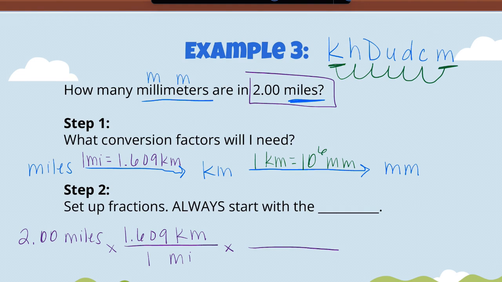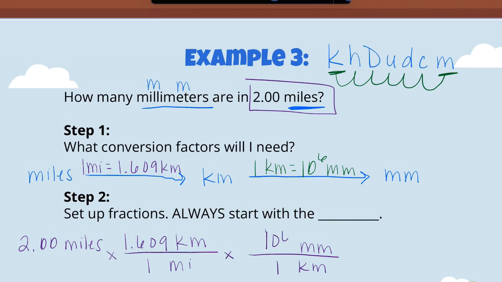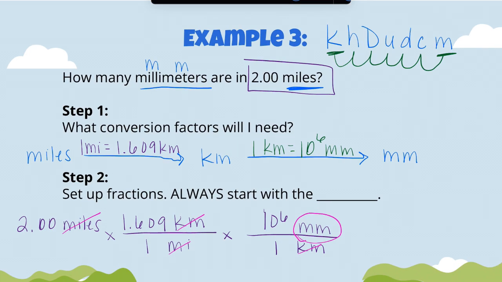from kilometers to millimeters. Because my kilometers are on top, I'm going to put the kilometers on the bottom and convert to millimeters. And thanks to King Henry, I know that 1 kilometer is 10 to the 6th millimeters. And again, why I've set them up this way, so my miles cancel, my kilometers cancel, and I'm left with the unit I'm trying to get to, which is millimeters. So now in my calculator, I'm going to plug in 2 times 1.609 times 10 to the 6th. And when I do that, my calculator tells me 3,218,000